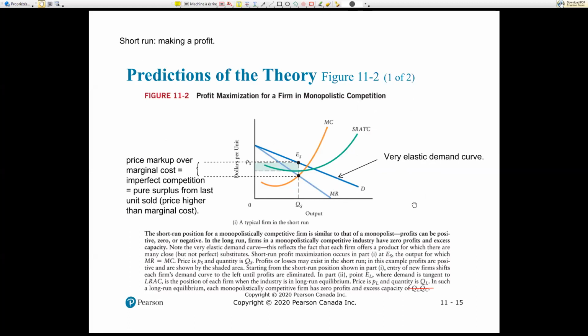So its behavior is going to be a bit different. But in the case of monopolistic competition, we still assume that there are many, many firms on the market, so that you don't really need to think too much about how your own actions are going to influence your